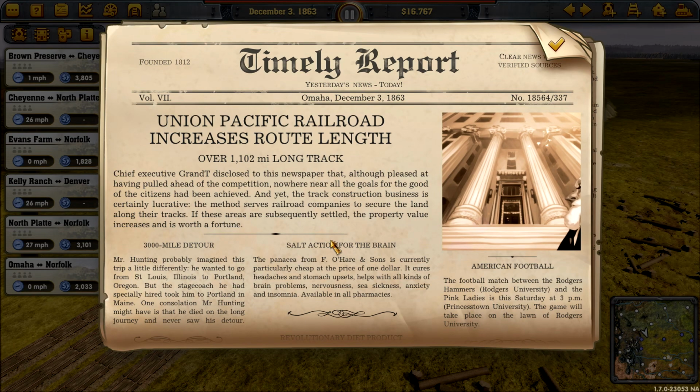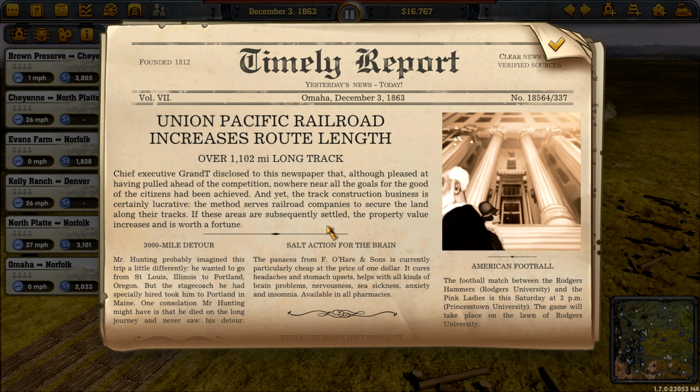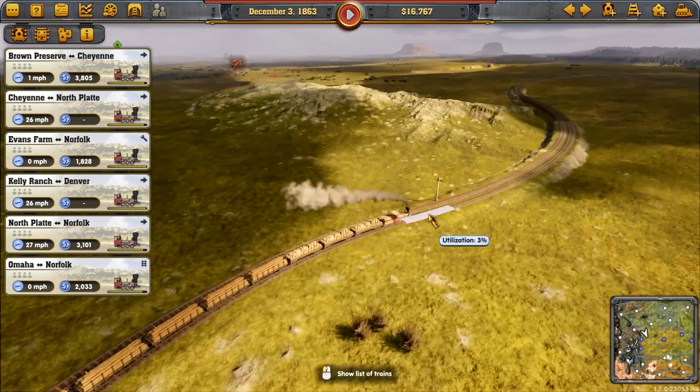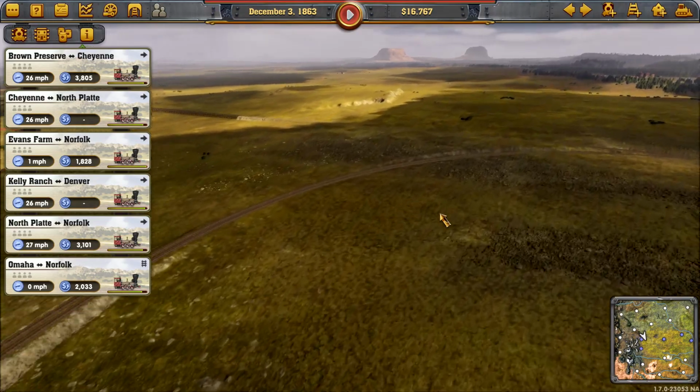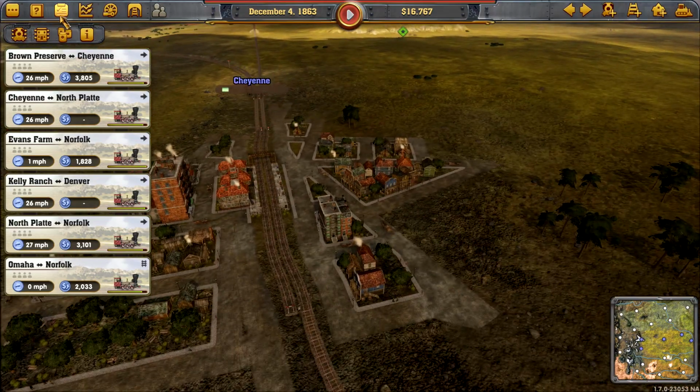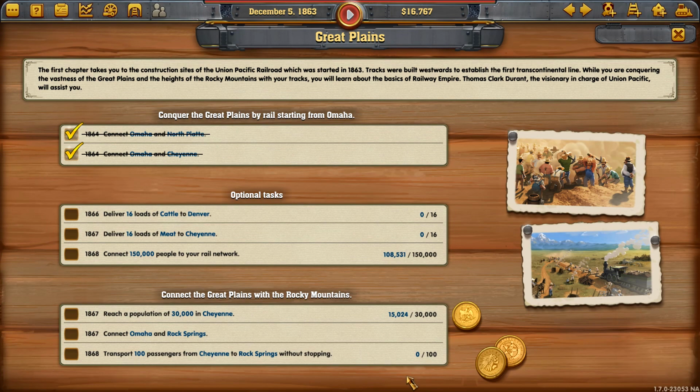Union Pacific Railroad increases route length. Overall, 1,102 miles long. Chief Executive Grantee disclosed to the... Why would I... I'm not that much of a big head. You do want investors, though, really. We're a bit short on cash. When have we got to achieve this by? 1866 is the first one. We're only in... well, about to approach...